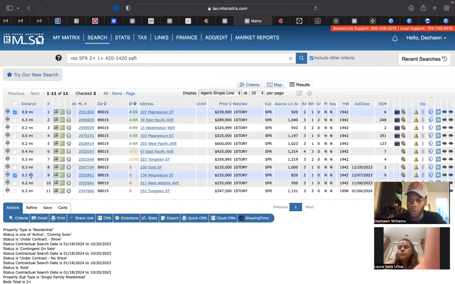But just as a general rule of thumb and a general introduction to get you guys on your way, this is a great way to go about it. The way where I multi-selected and then did the median value. So working with buyers, that's sufficient. Working with sellers, this is where you would be a little bit more exact and you would just use this comp. So with that being said, the best market value comp